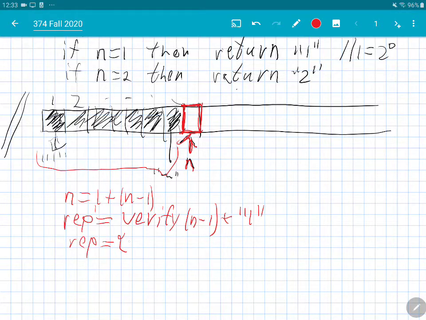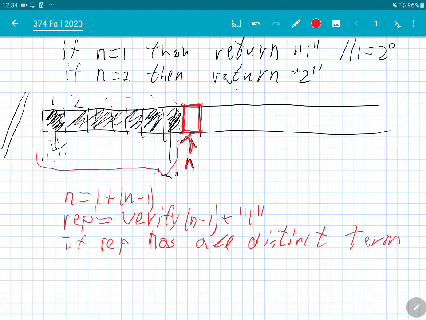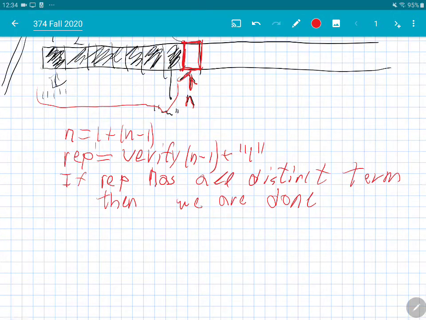Now look at this collection of strings and observe what can happen. If rep has all distinct terms, then we are done. Okay, so the hard case is when we have two terms that are the same, and now we're going to do the following. While rep has two terms that are the same,